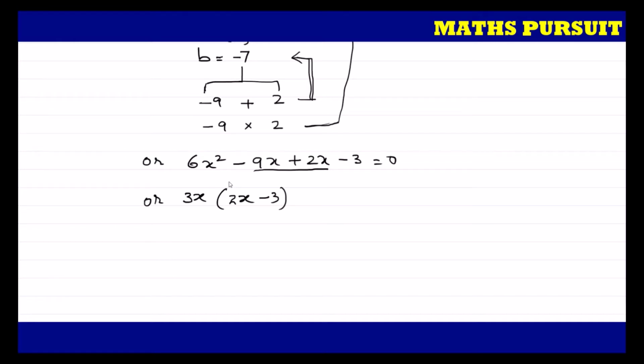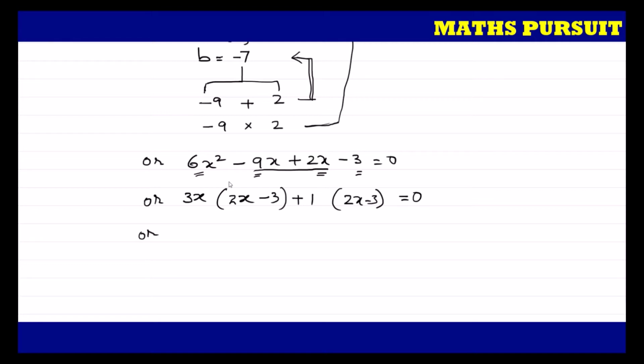So you could see that if I multiply 3x with 2x, I am getting 6x to the power 2, and if I multiply 3x with minus 3, I am getting minus 9x. Now these 2x minus 3, I am going to write 2x minus 3 as it is without thinking much, and that is equal to 0. Now here it is 2x minus 3. So we required plus 2x and minus 3. That means I need to just multiply plus 1. If I multiply 1 with 2x, we will get 2x, this figure. If I multiply 1 with minus 3, we will get this figure, minus 3. So this is what our condition satisfies.